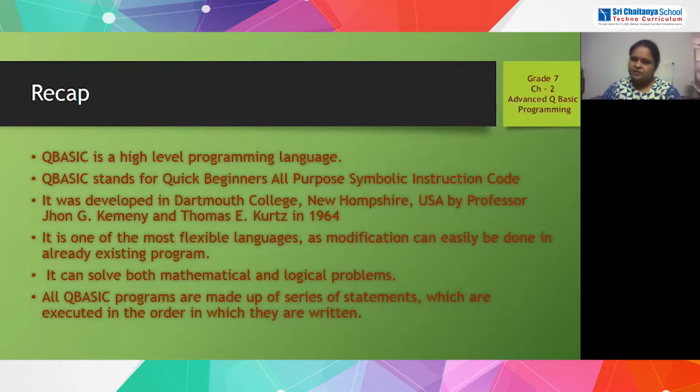All the QBasic programs are made up of a series of statements and they are executed in the order in which they are written. For example, what is written in line number 1 will be executed, and then line number 2 and then line number 3. Like that, in whichever order we have written the statements, in the same order they will be executed. Right? Then next is